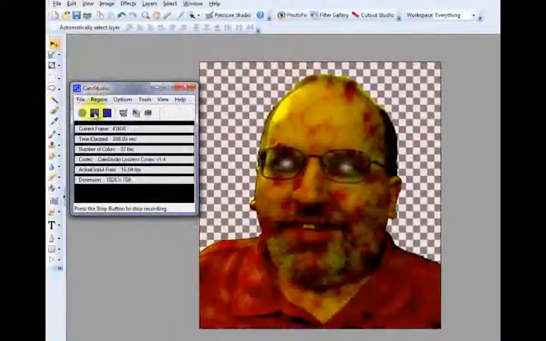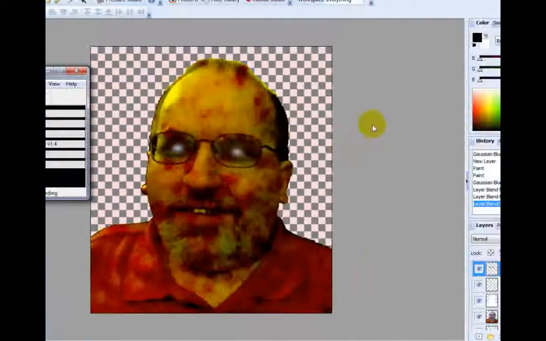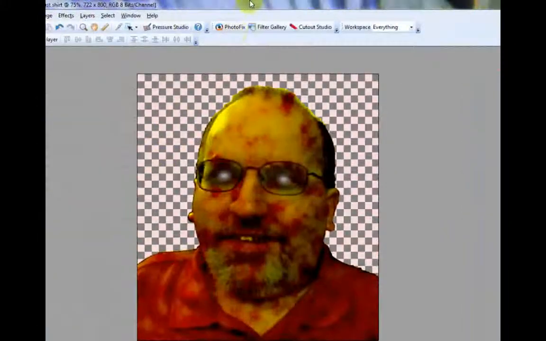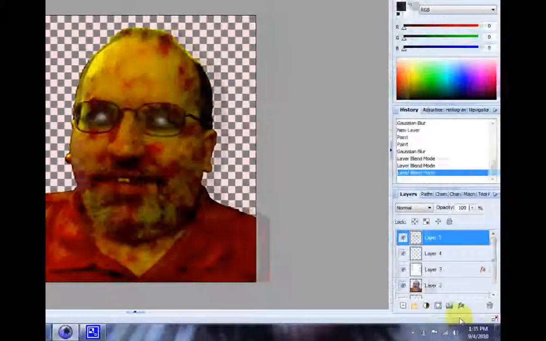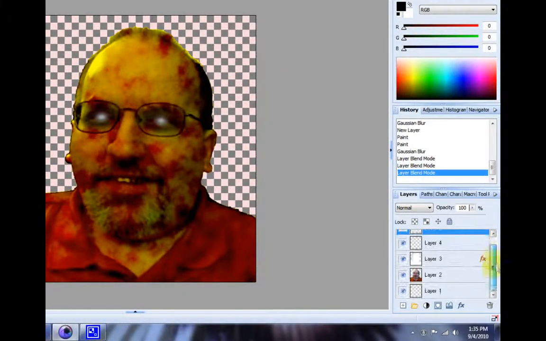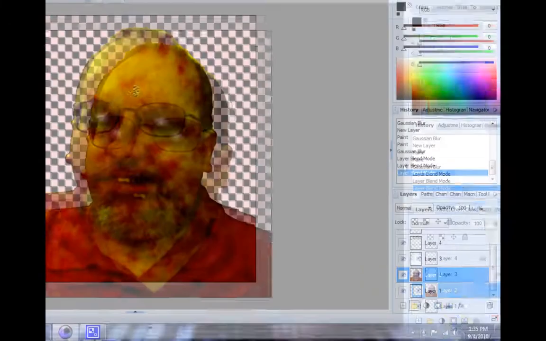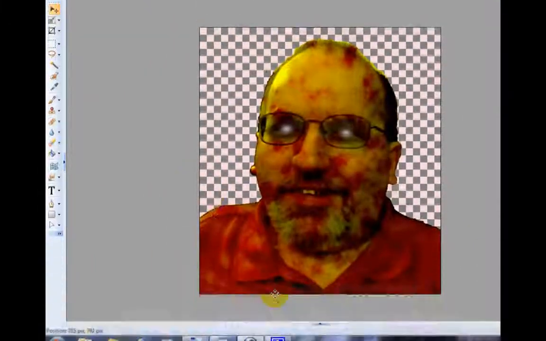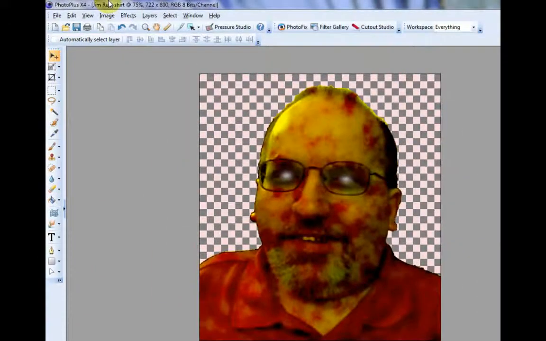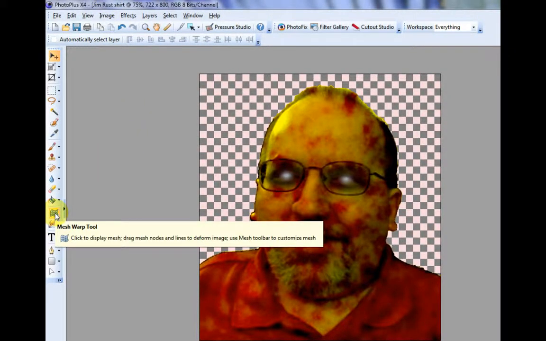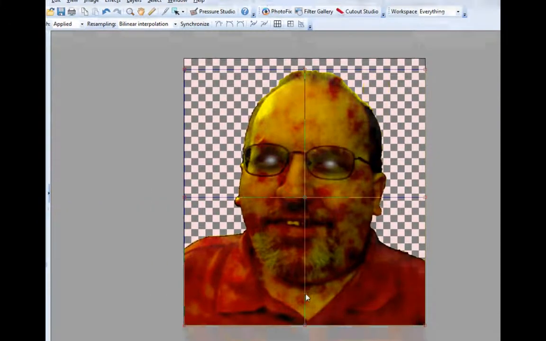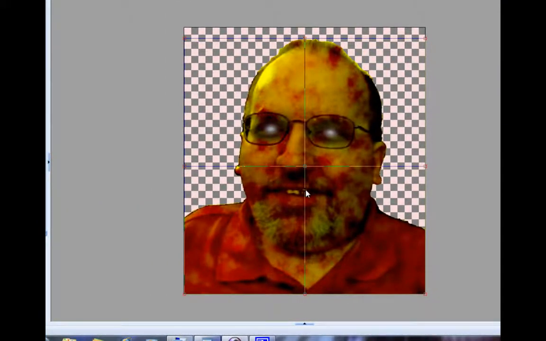Let me pause for a second. Now, although I'm starting to look kind of scary, I'm still smiling in this picture. So we're going to go back to the picture layer, and we're going to use one of the tools. It's actually one of my favorite tools, which is called Mesh Warp. Mesh Warp I can use to make myself smear a little bit. But let's deform my mouth